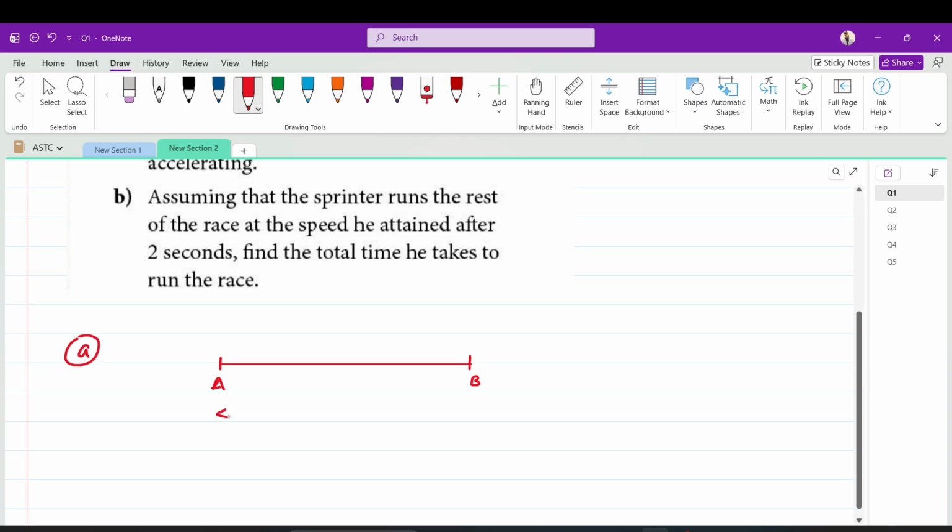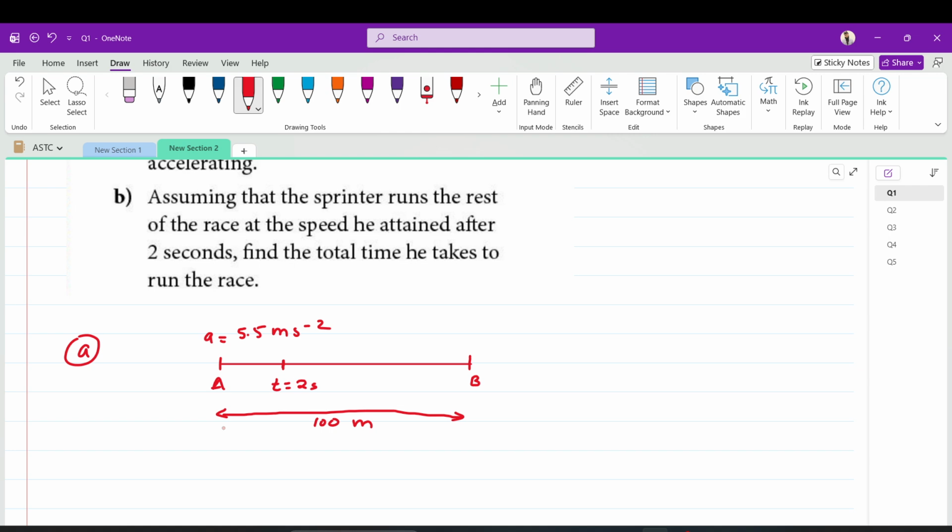The distance of the whole track is 100 meters. Acceleration is 5.5 meters per second square, and